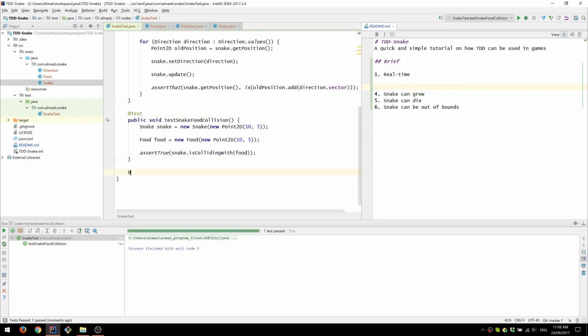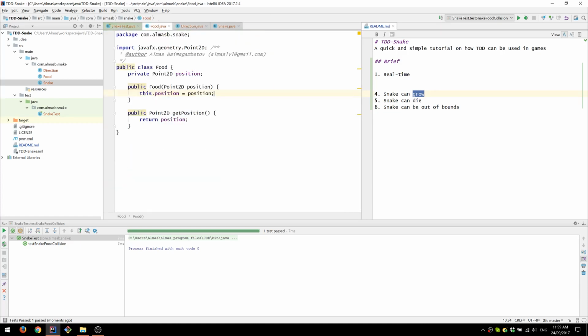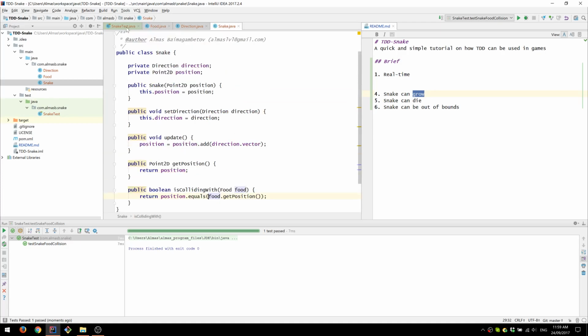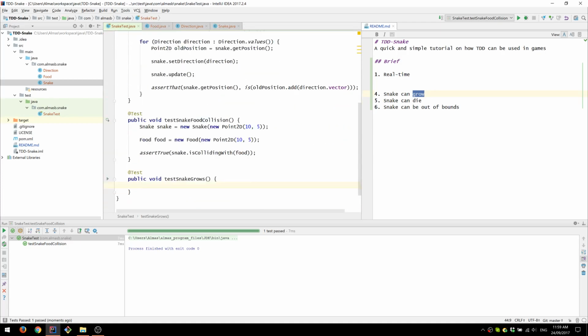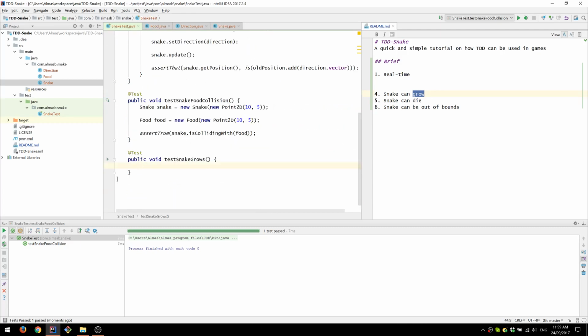The next thing, logically, I think that the test for growth can be implemented. Test snake grows. So essentially, if you think about it, we haven't thought too much about the implementation of any of those things. We're simply following the directions that the tests give us. So essentially what we're trying to do is to make our code pass those tests. New snake